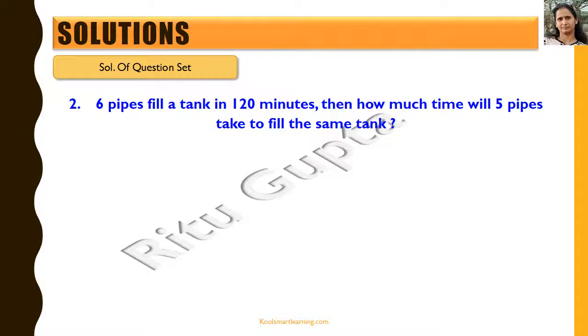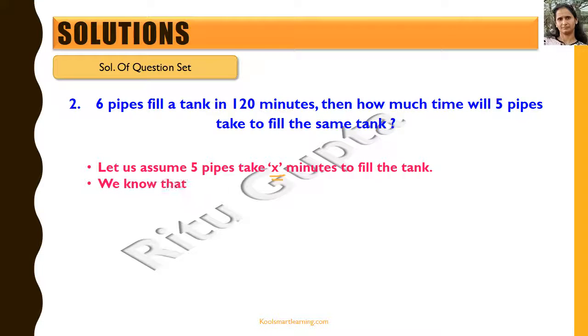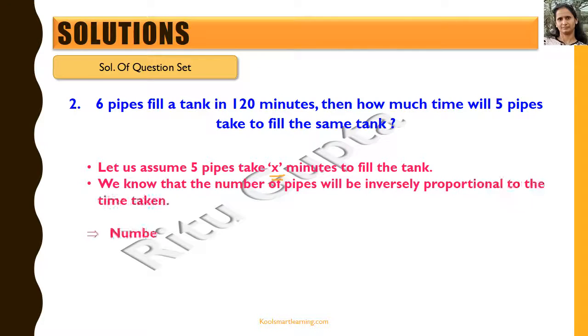It says 6 pipes fill a tank in 120 minutes. Then how much time will 5 pipes take to fill the same tank? Now looking at the statement, we can clearly see that if the number of pipes filling the tank is reduced, then the time taken would increase. So let's first assume that 5 pipes take X minutes to fill the tank. And now we know that the number of pipes is inversely proportional to the time taken. So we say number of pipes multiplied by